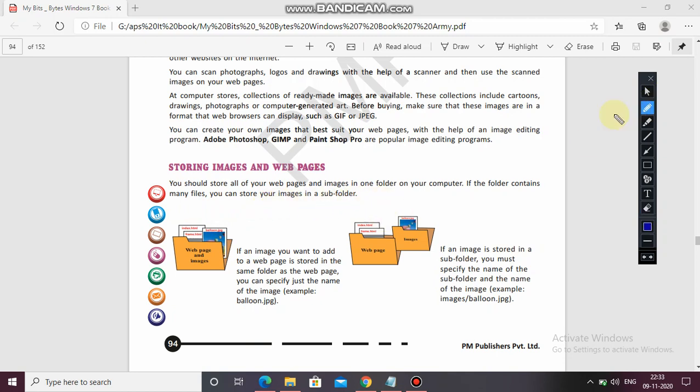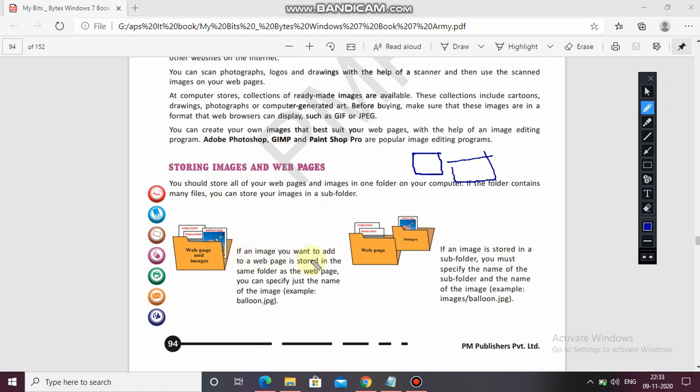You can make an individual folder on the desktop and store your images in it, or create a subfolder in which you can save your images. All the images you are using for your web page should be saved in that folder.